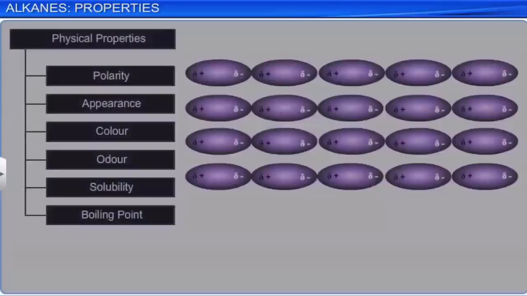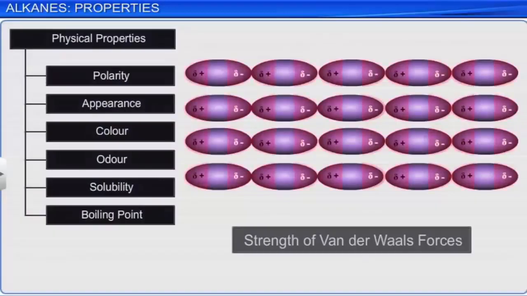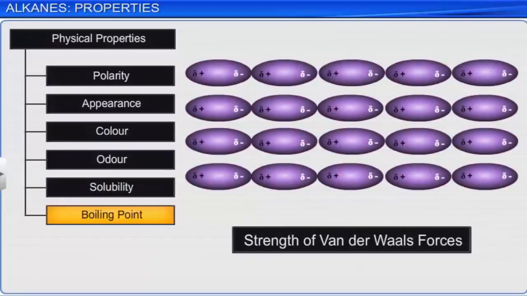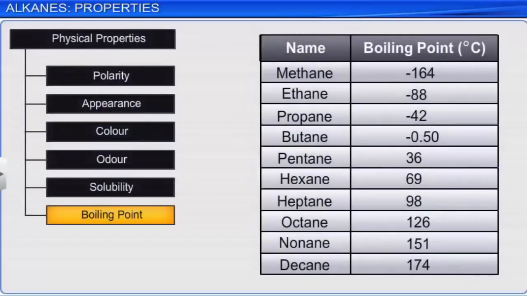Their boiling point is decided by the strength of the van der Waals force. This force is very sensitive to distance. Hence, for a strong force of attraction, the molecules need to be held close together. However, in alkanes, because of their nonpolar molecules, the van der Waals forces are weak, and hence their boiling points are much lower than expected.